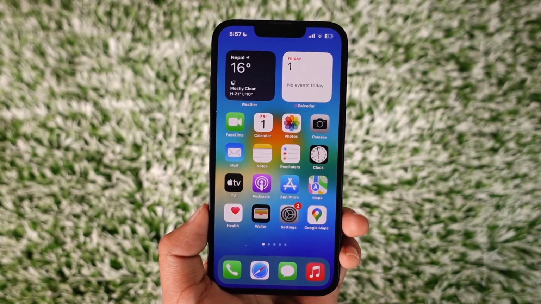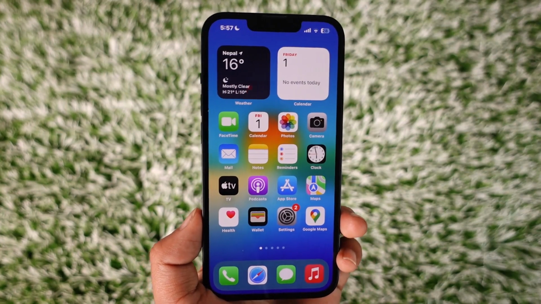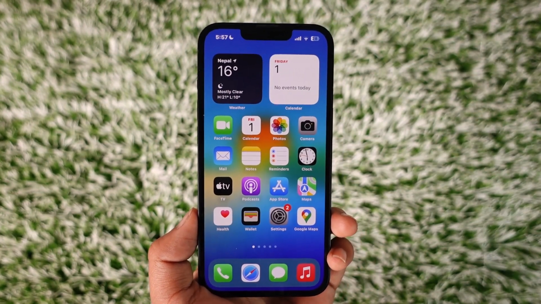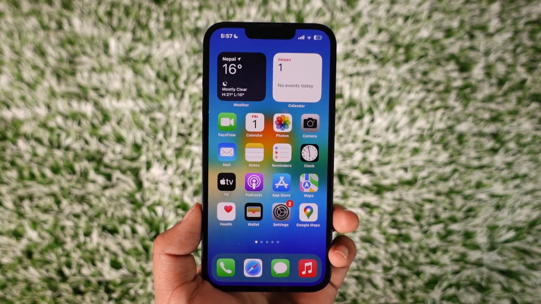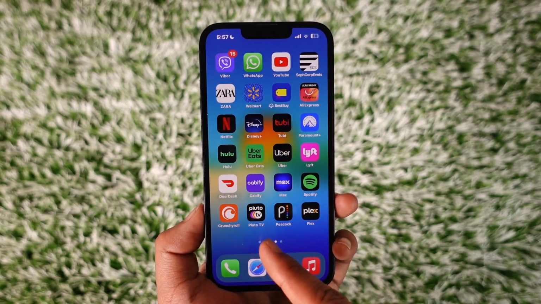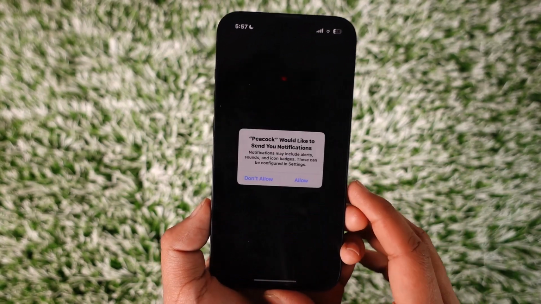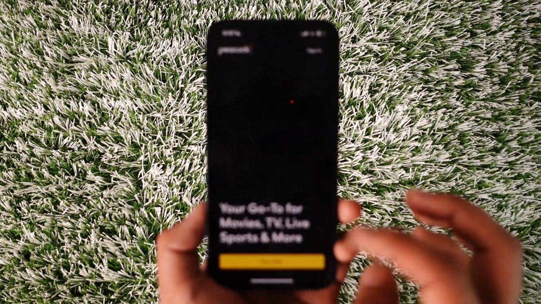In this video I will guide you on how you can turn off Peacock TV notifications on your iPhone, so make sure to watch the video till the end. Now if you want to turn off the notifications for the Peacock TV app, all you have to do is first of all make sure to launch the Peacock TV. And let's say you sometimes get marketing notifications that you don't really like and you would like to disable